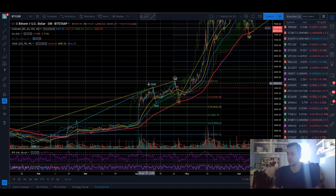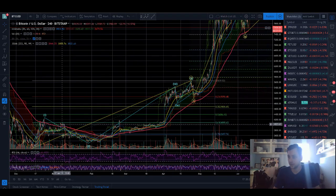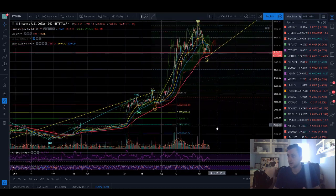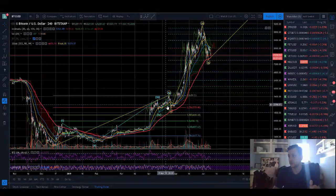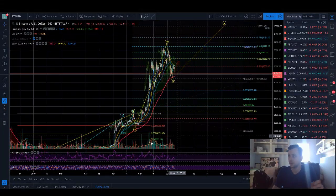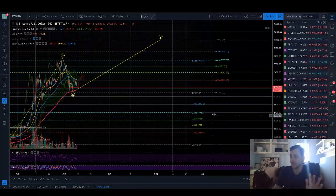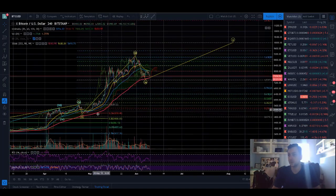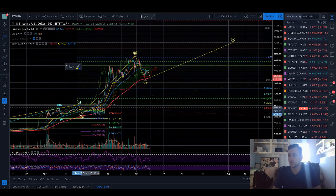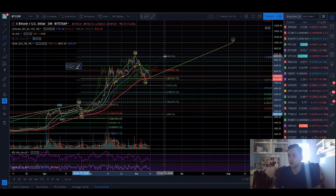So yeah, the larger count is perfect. This count here fits perfectly as the subwave count of wave 1, which means wave 3 got a perfect 1 to 618 extension after a retrace to the 2. Everything fits perfectly, like perfectly. This is more textbook than anything I've ever seen. I'm not even joking. Now let's see where this wave 4 is, if that falls back to a good support. So wave 4 would put...